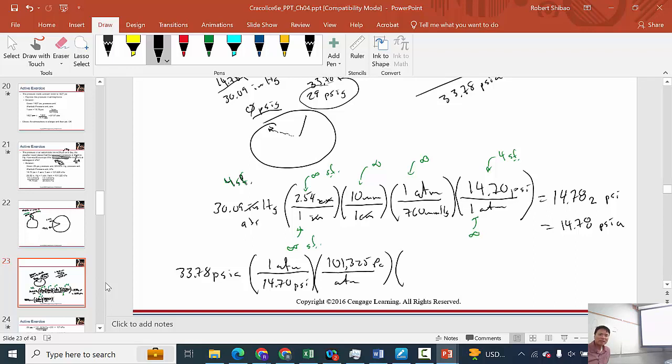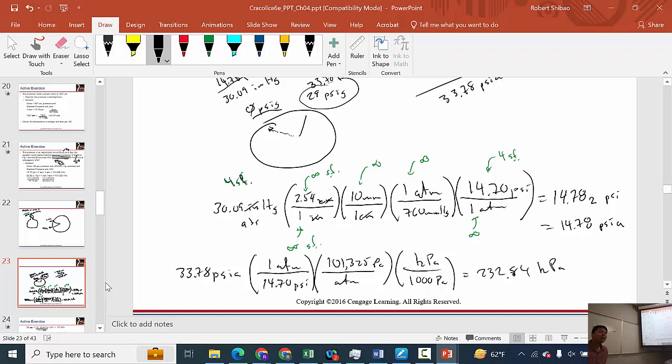And then I'm going to go to kilopascals. There's 1 kilopascal for every 1,000 pascals. And this is going to give me the absolute pressure in kilopascals. So it's going to be 33.78 divided by 14.7 times 101,325 divided by 1,000. And that gives me 232.84